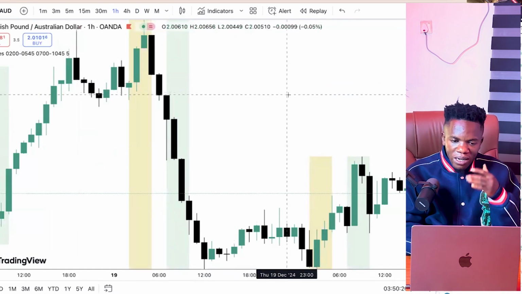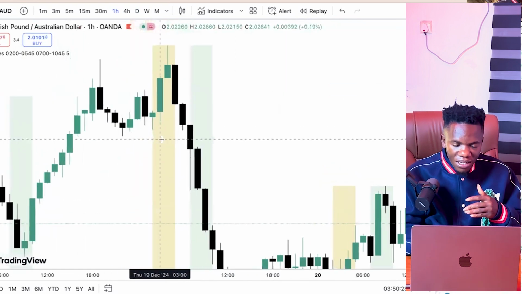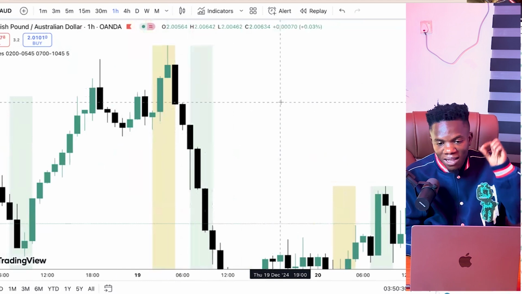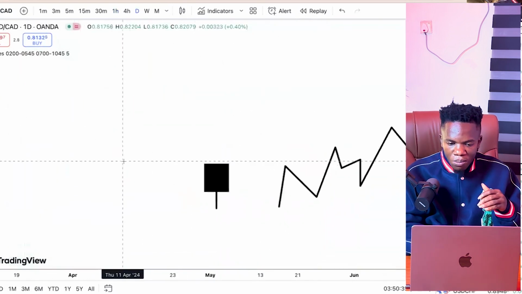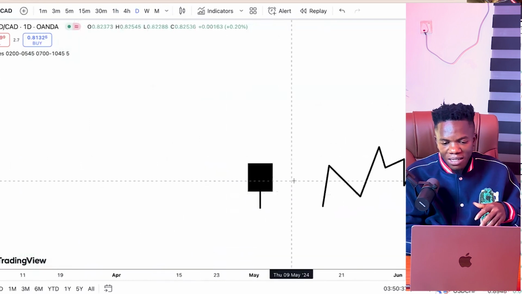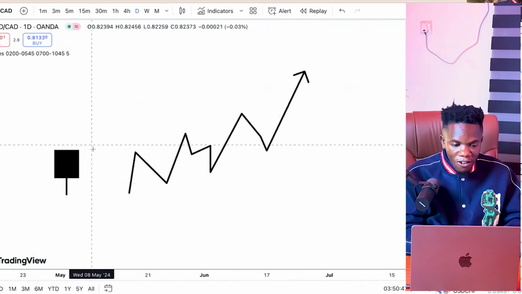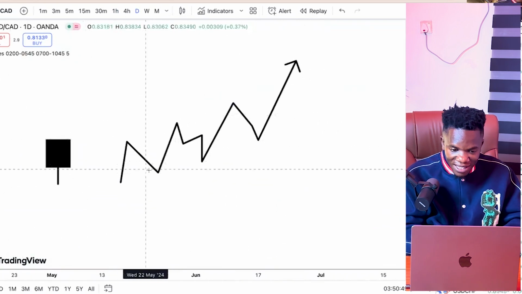I've also done that video in the past, how to navigate your way in this London and New York key zone. I'm going to target this very one because I want to spend much time on knowing when price will be on this kind of price action, when to expect it, and how to trade this kind of price action.